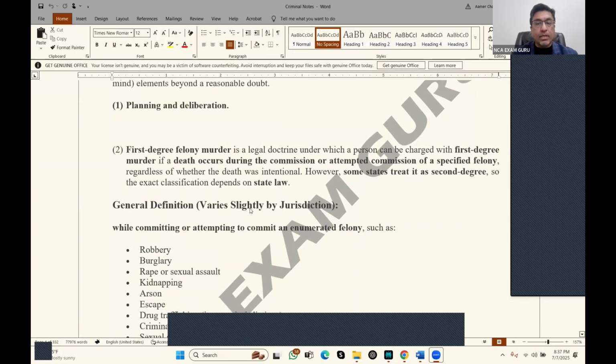Okay, can you read? This is called first degree felony murder. It does not exist in Canada but exists in the USA, anywhere in the USA. Questions can come from first degree felony murder. What is felony murder? Felony murder is, Mr. Chaudhary's plan was to rob